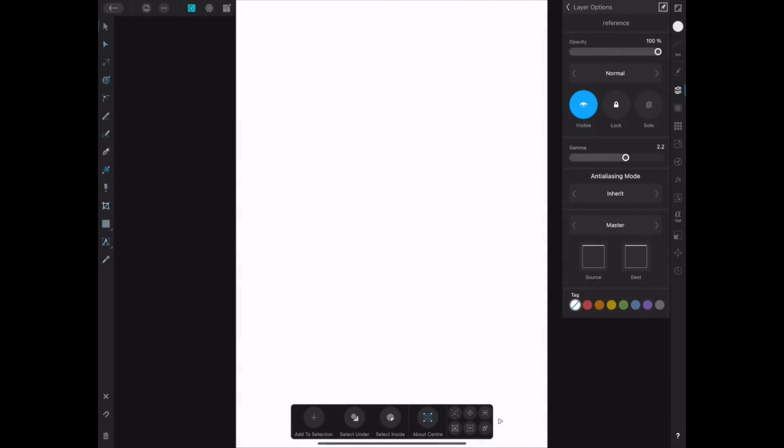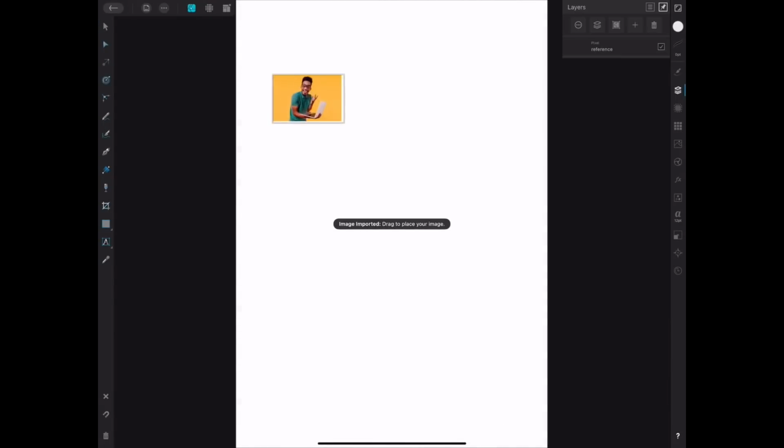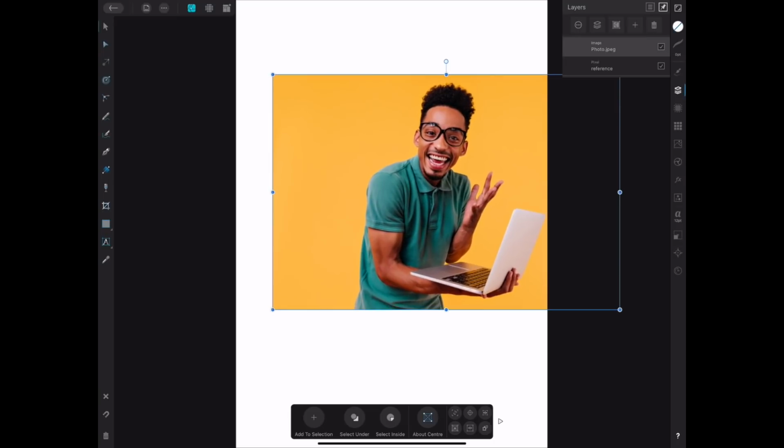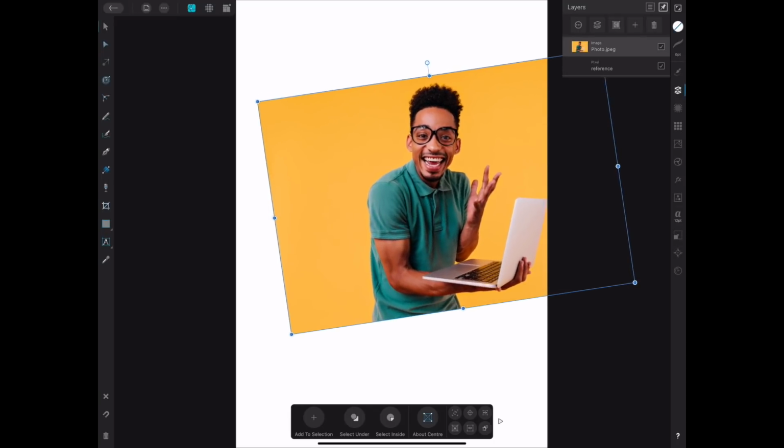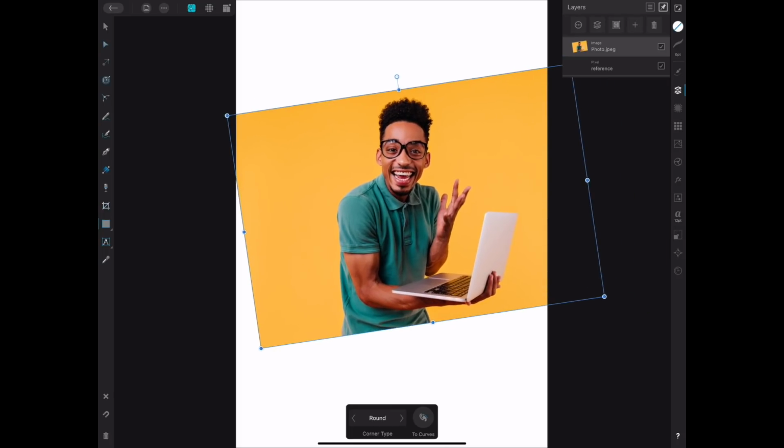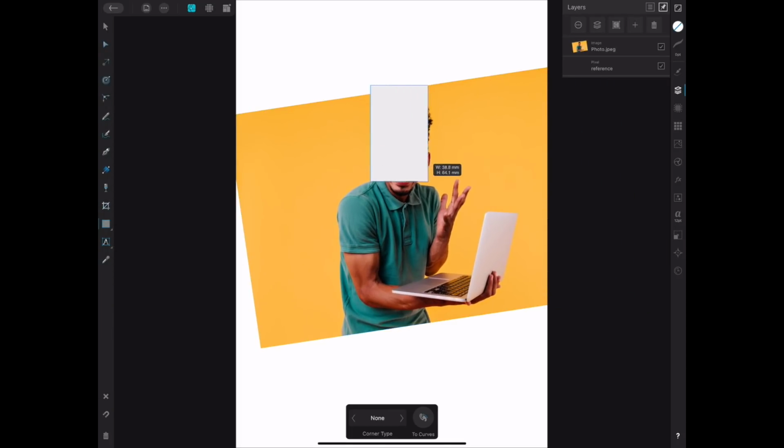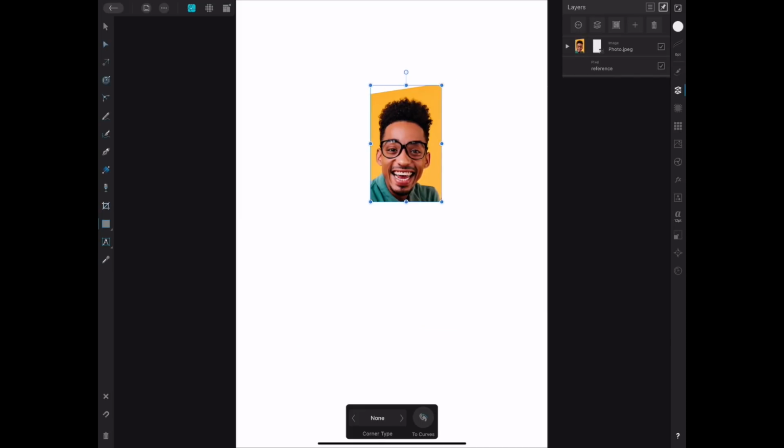And we're only going to be focusing on the head and neck of this guy. So I'm going to bring the image in, I'm going to rotate it slightly so that the head is straight, and I'm going to create a quick clipping mask. So we just have the head to work from, and you can do that very easily by dragging your shape